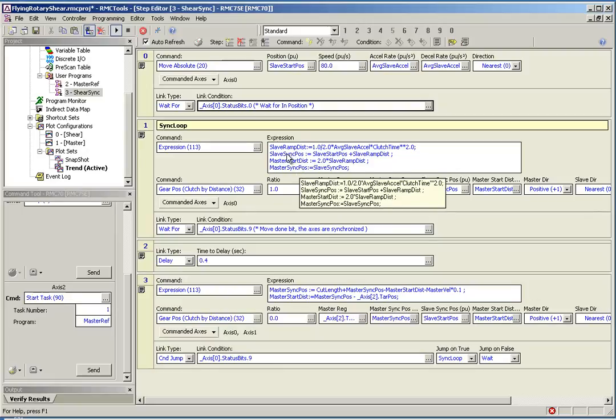So we have this expression block that allows us to do the expressions, and this is using structured text. What we want to do is gear up to a gear ratio of 1:1. That way the slave speed is matching the master speed. We're using the